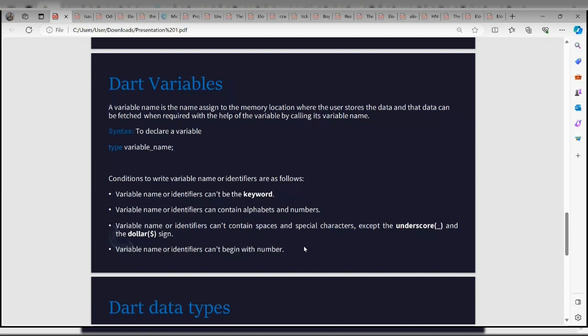Keywords are predefined text that already have a meaning, a use. Can you hear me?